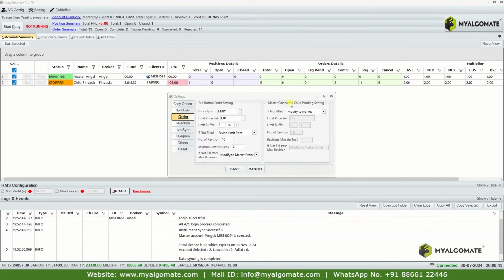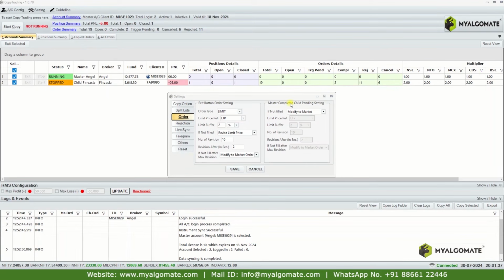For example, you have placed a buy order in master for 100 rupees for 50 quantities. That 100 rupee order of 100 quantity has been placed in the child. It is possible that only 50 quantities are traded on 100 rupees and later the price goes up. In that case, the order of the child account will remain pending. It is possible that the price may not come back to 100 when you place an exit order later. Then copying will lead to a mismatch of positions in child account, or there will be issue of order rejection.